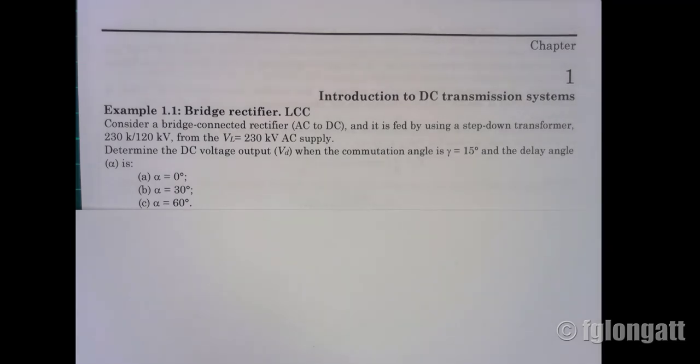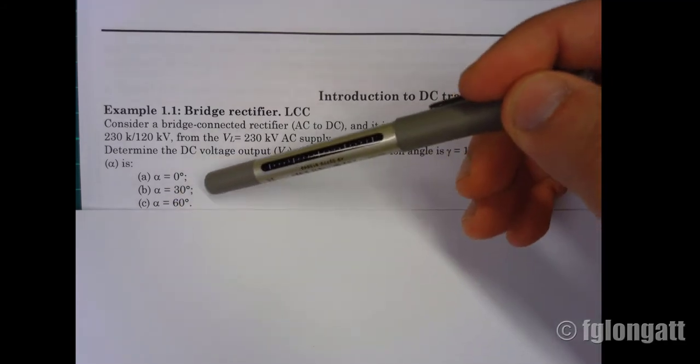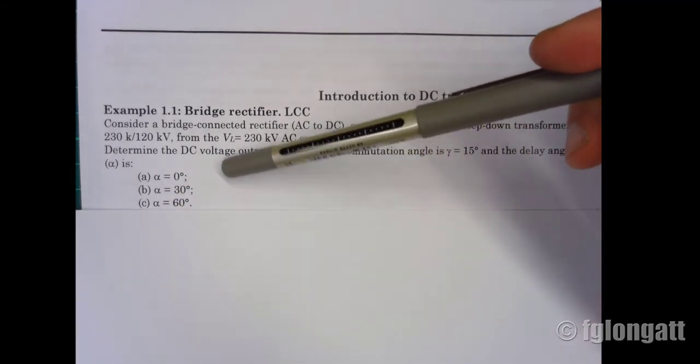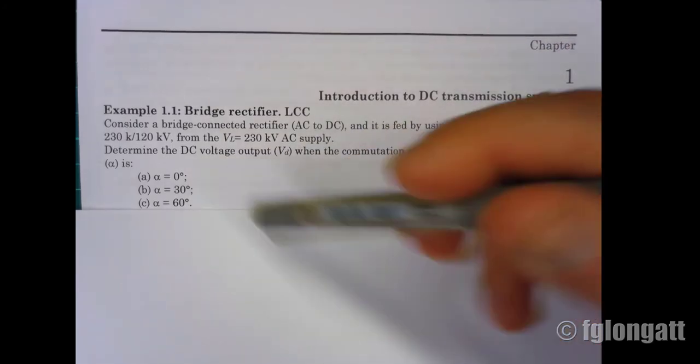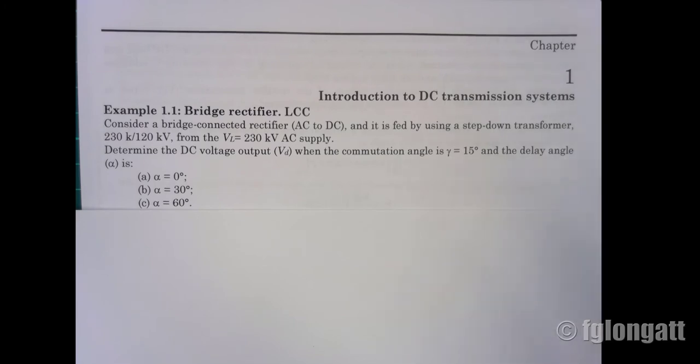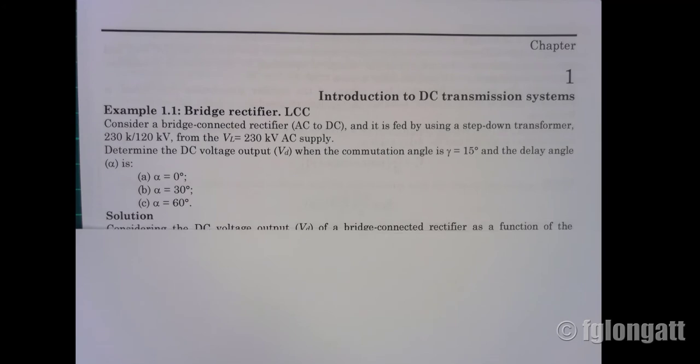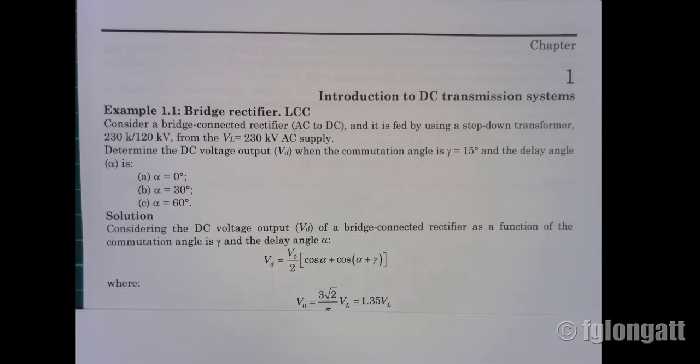degrees, and taking into account three different scenarios for the delay or the firing angle. Okay, we are considering alpha 0, and then we have here the case of alpha 30 degrees, and also we have over here alpha 60 degrees. Okay, and this is a very basic problem. Okay, because during my classes I already explained what is the equation that we need to use for calculating